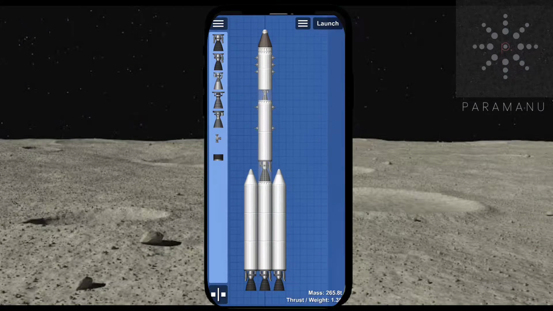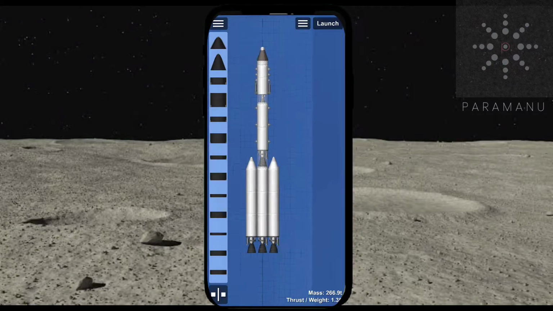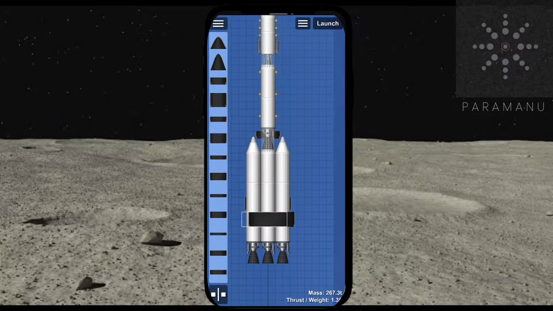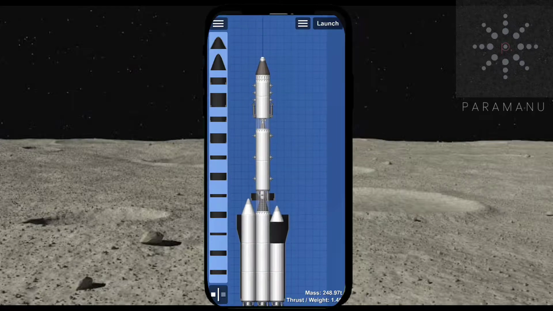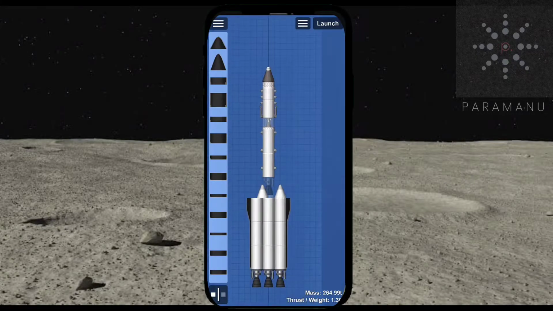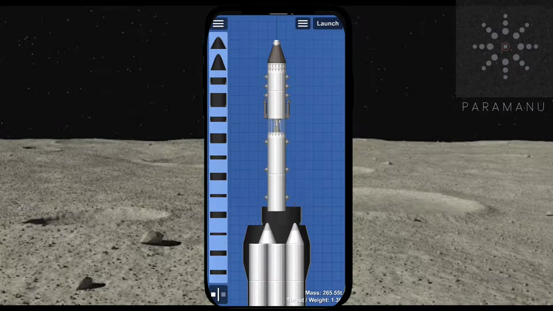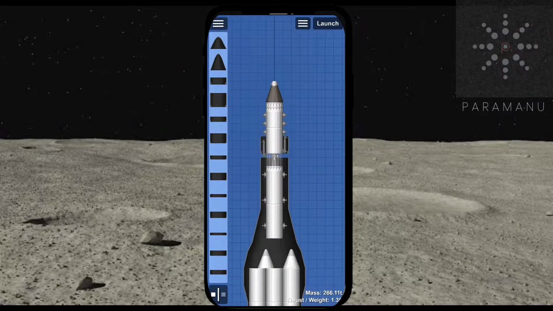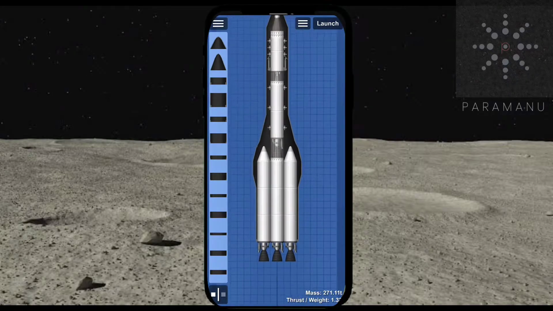This is the first video on this app. So for today, I think we'll crash a rocket into the surface of the moon. For that, we need to make a rocket first. We'll have a three-stage rocket, with the first stage being the booster rocket, which will help to boost a rocket into the lower orbit of the Earth. We'll cover the entire rocket with some fairings for better aerodynamic stability. And I'll tell you more about the different parts of the rocket as we go along.